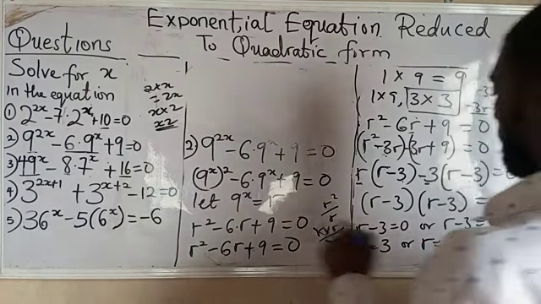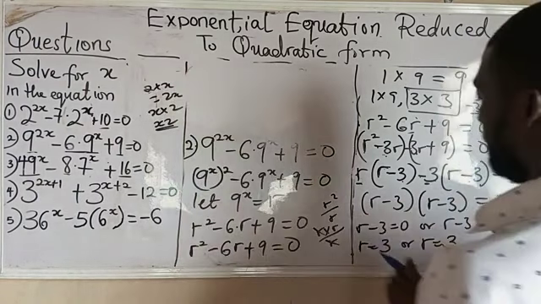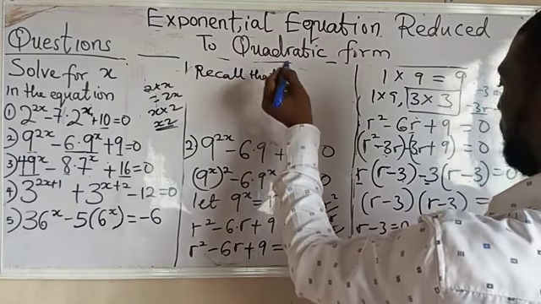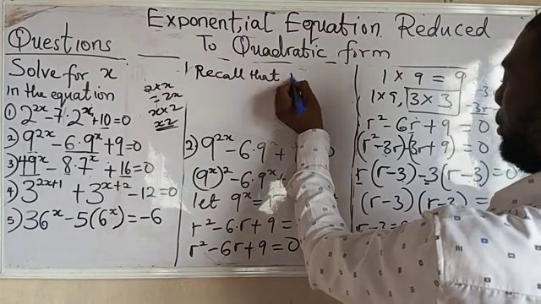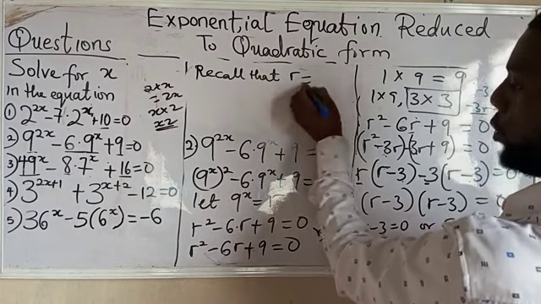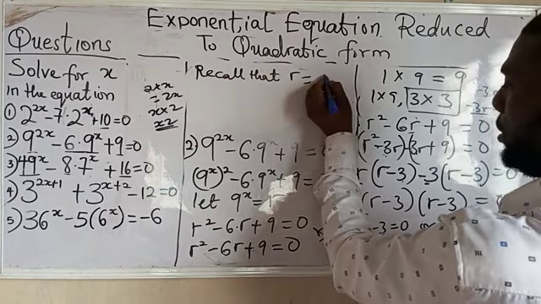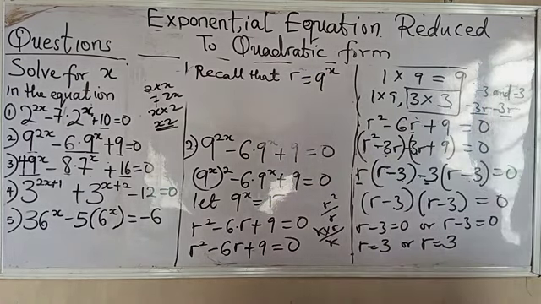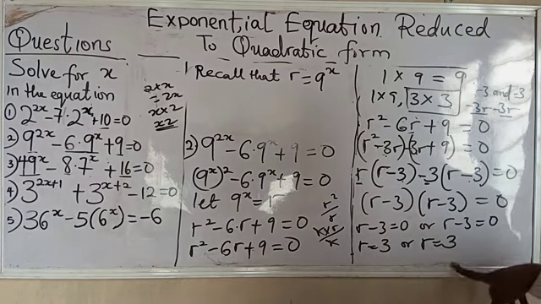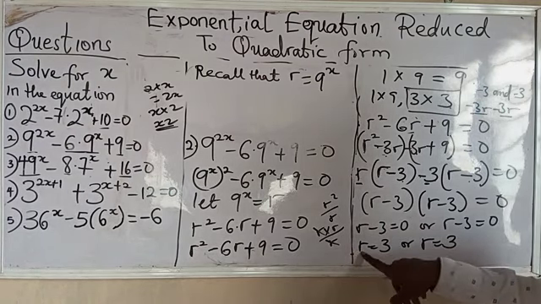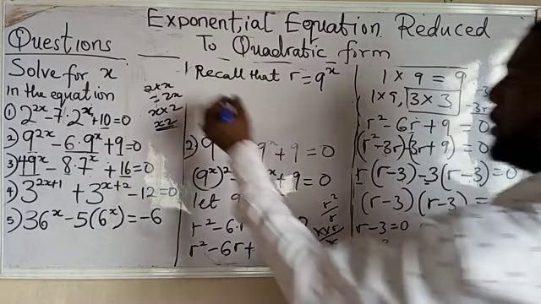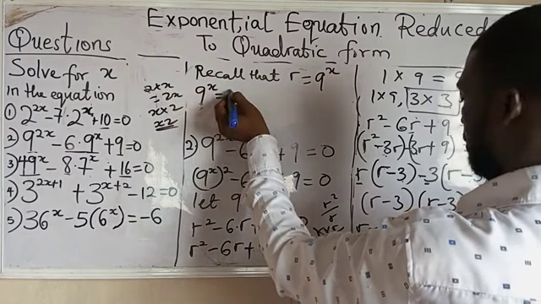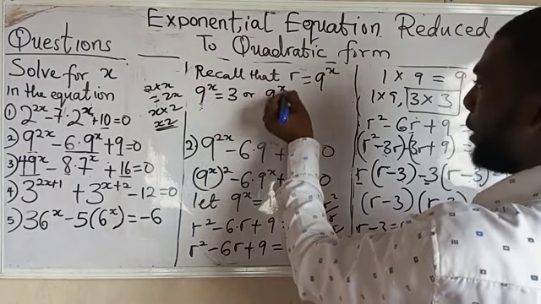Then here, I can as well say, recall that r equals to 9 raised to power x. So we should recall that r equals to 9 raised to power x. So at this juncture, when you get to this stage, you are now going to replace r with what? 9 raised to power x. So I'll say this is 9 raised to power x equals to 3, or 9 raised to power x equals